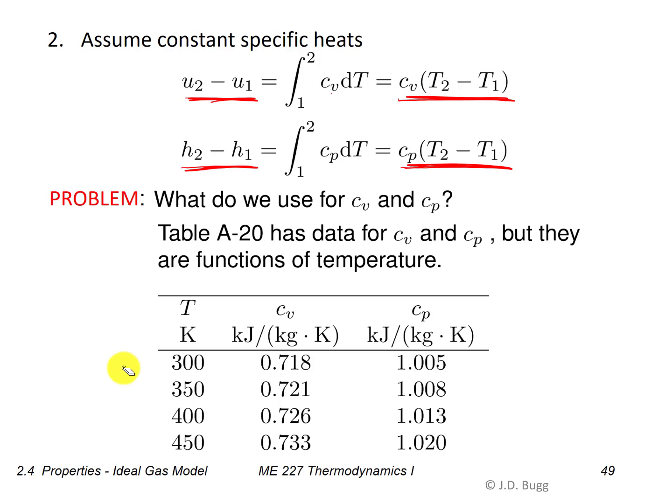However, for our purposes, the relevant piece of that table are these rows that go from our starting temperature 300 to our ending temperature 450. And you can see that CV and CP certainly change, but really not by very much. So we're going to try a few different things here. We're going to calculate delta U first of all. The first value of CV that we're going to try is this value at our starting temperature at 300,